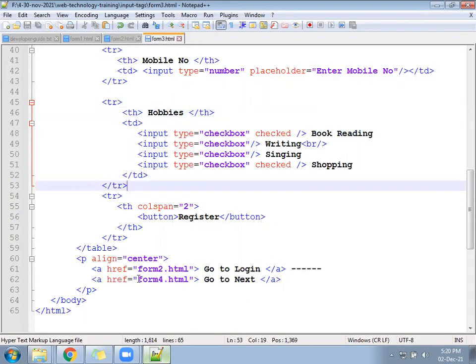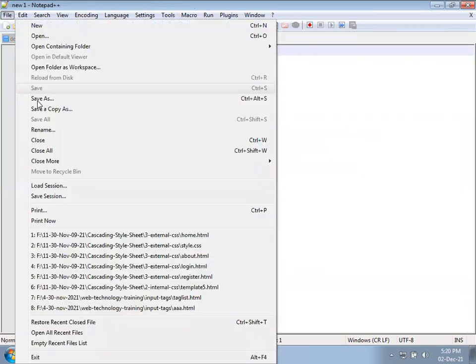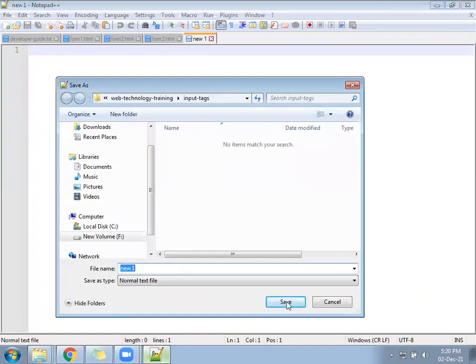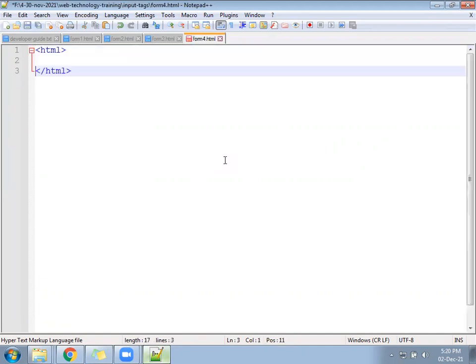That is called form 4. Not form 4 only, form4.html. HTML start from.